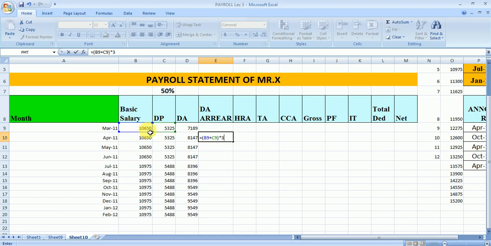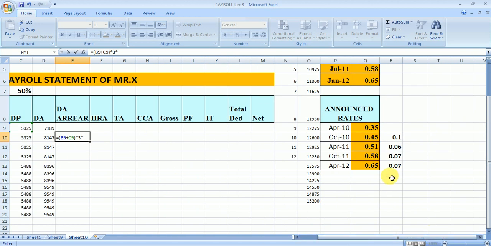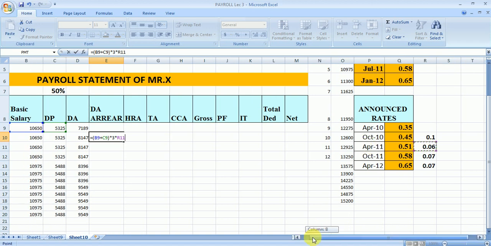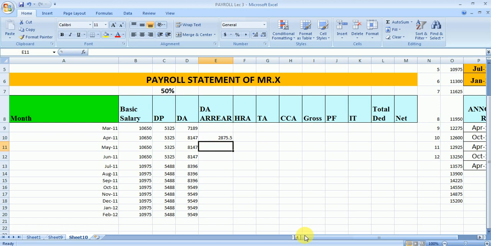So this salary will be paid in the last month. So we take the basic plus DP, multiply by 3, and multiply by the differential rate. Now in April 2011, the rate applicable here will be 0.06, and enter. So in this way the DA arrear will come.